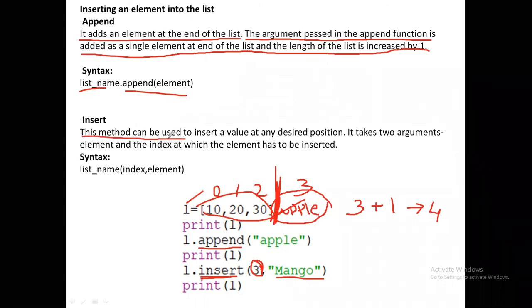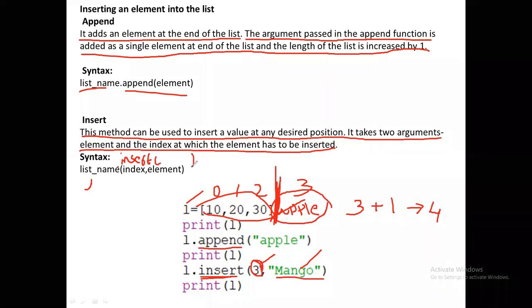This method can be used to insert a value at any desired position. It takes two arguments, the index and the element to be inserted. The syntax is list name dot insert, and in brackets you give the index and element.